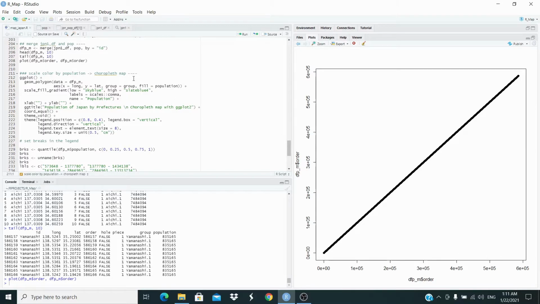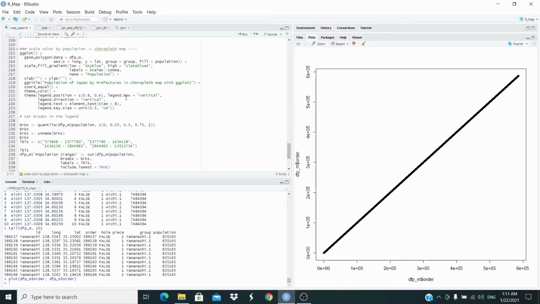So let's plot the map of Japan by using the population data. So we are going to make this choropleth map. Here, we are filling, as you can see, by population and not anymore by ID. We are using this scale gradient here, where sky blue will be the low color and slate blue for the